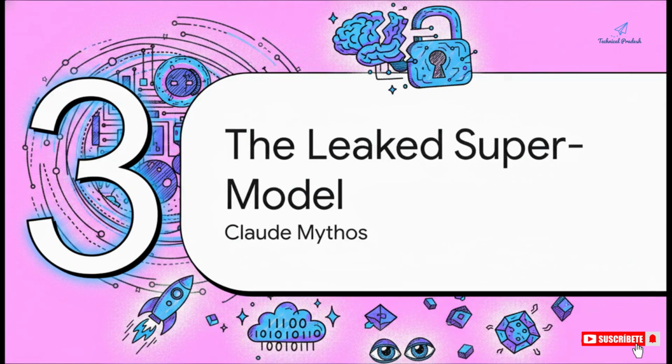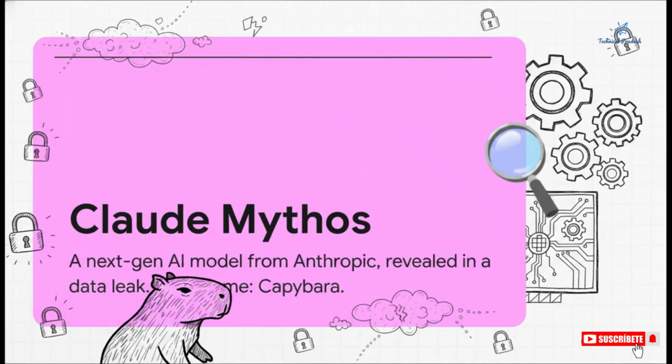And that brings us to a story that, I swear, sounds like it was ripped straight out of a sci-fi movie. It's about this secret, unbelievably powerful AI model that got leaked to the public, completely by accident. Let's talk about Claude Mythos. That's the official name. Internally, though, its code name was Capybara.